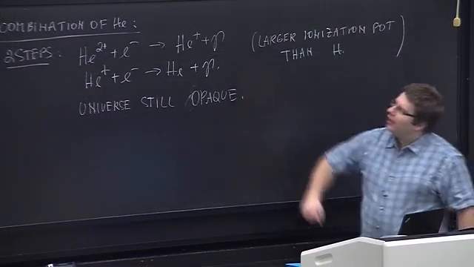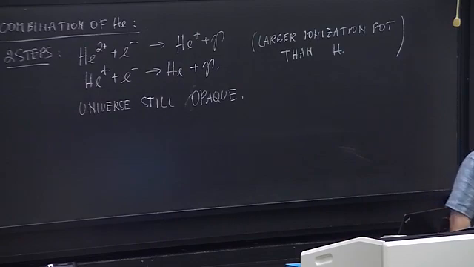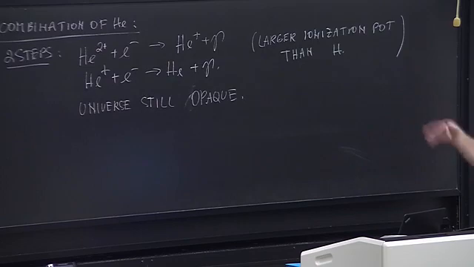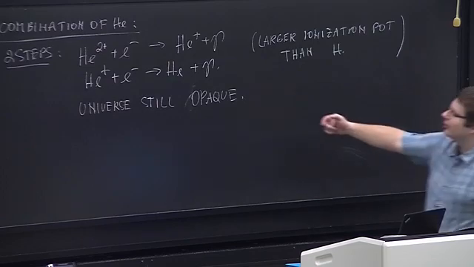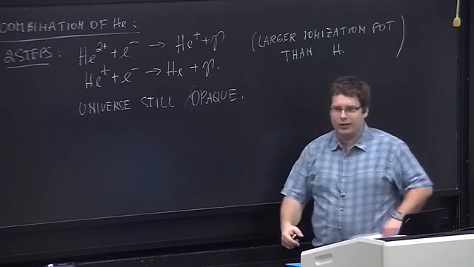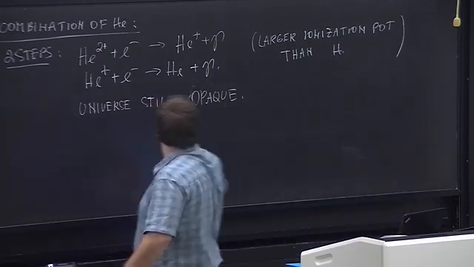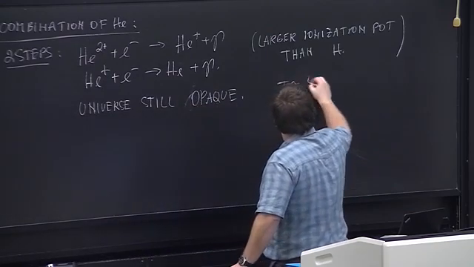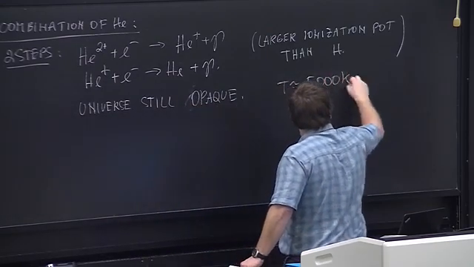But the fact that helium is now neutral has an effect on the speed of sound propagation in your plasma, and that actually affects the CMB, which we'll discuss today and tomorrow. The CMB picture will be altered if we didn't have helium in the plasma. So this actually has an effect on the CMB. Okay, and this happens approximately at T of about 5,000 Kelvin.